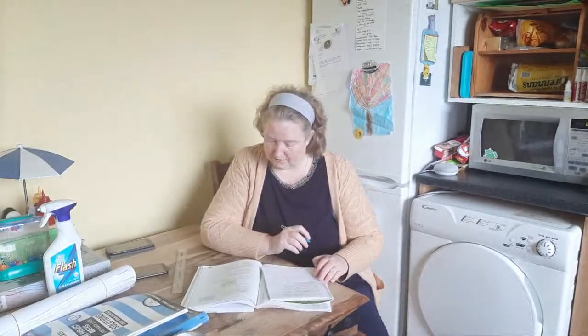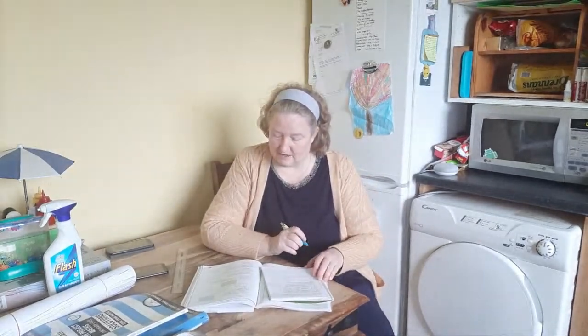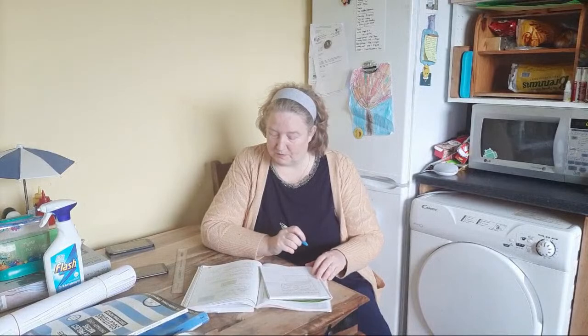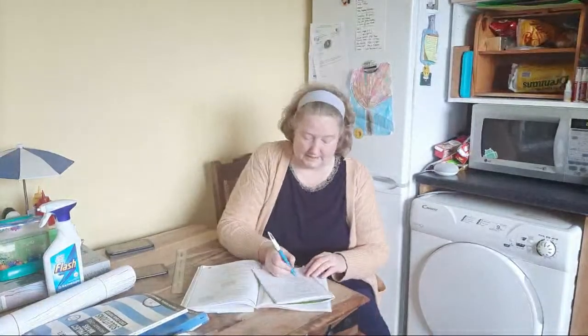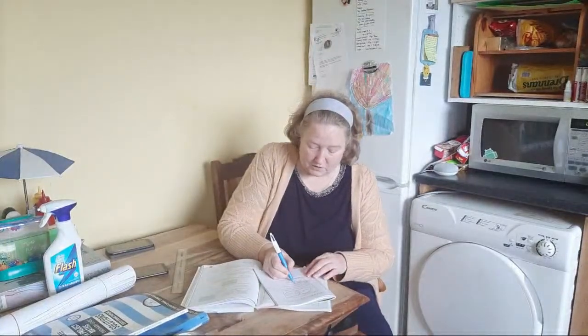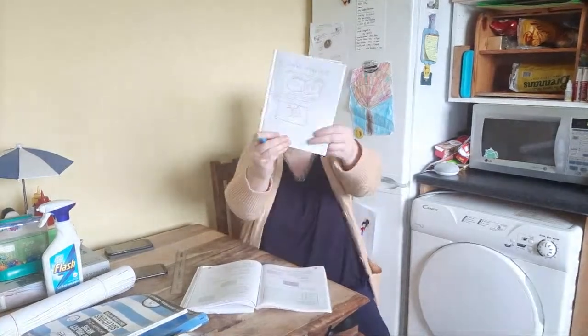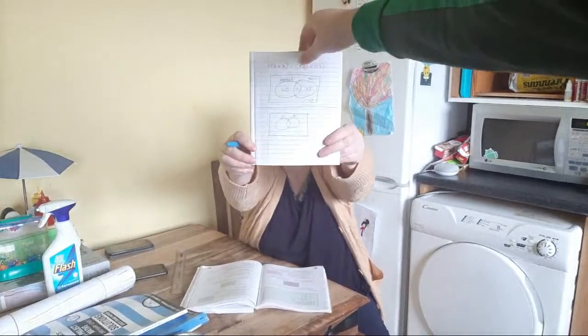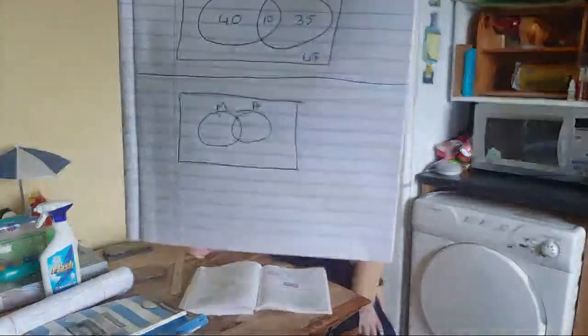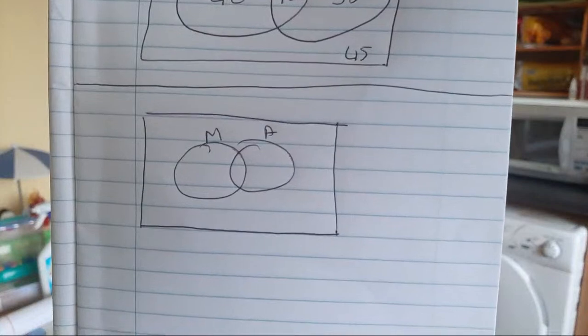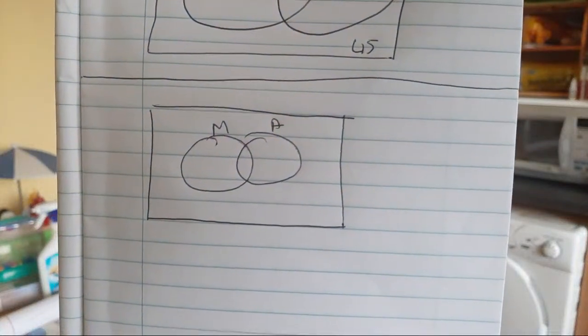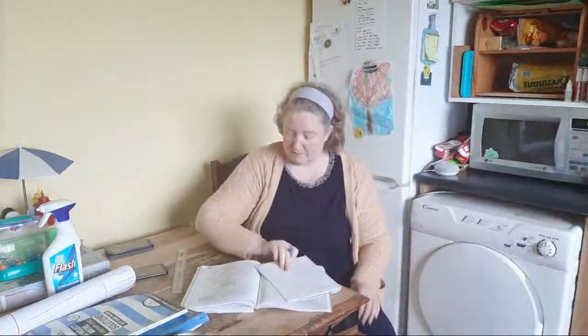We have 14 study art, 6 study both music and art, and so represent this on a Venn diagram. So you start out by drawing your Venn diagram, your rectangle with your 2 circles, okay? And then you're going to work out who plays what. So the first thing to do is to fill in the bit in the middle, okay? Who plays both? So the people who play both,